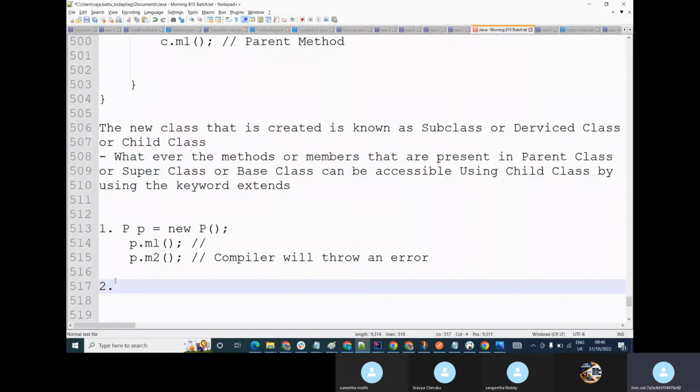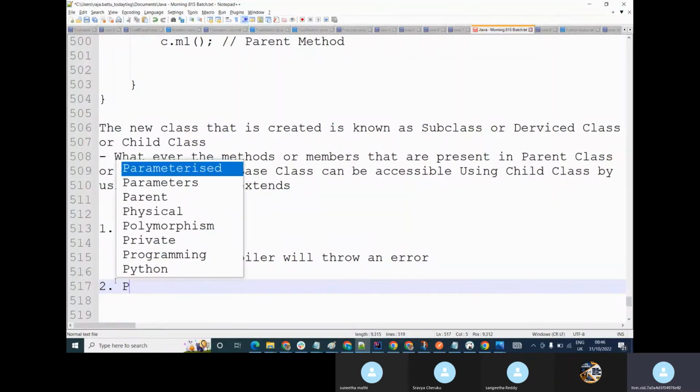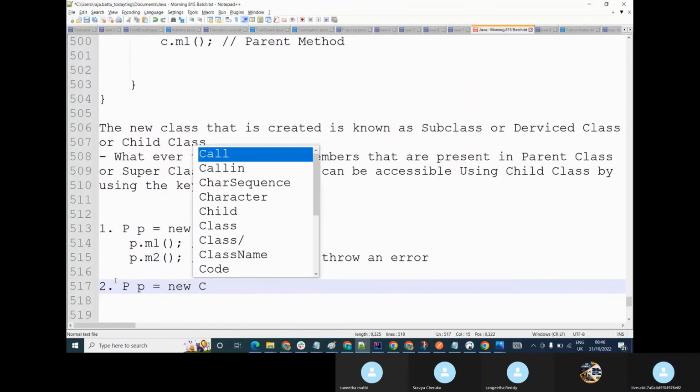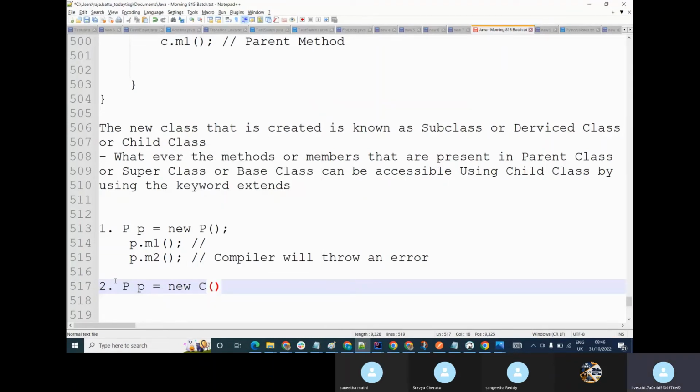Okay, let's go to the second point now. So I have created a child class and I'm calling the child class by using it. We can even call like this: Parent P is equal to new Child. We can even call the child class by using the reference of parent, by using the parent object. Okay, we can use the child reference by using the parent object. So here,